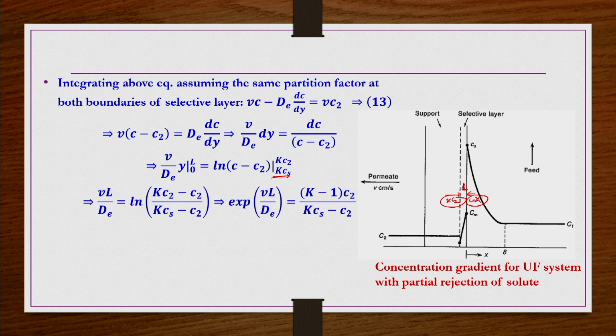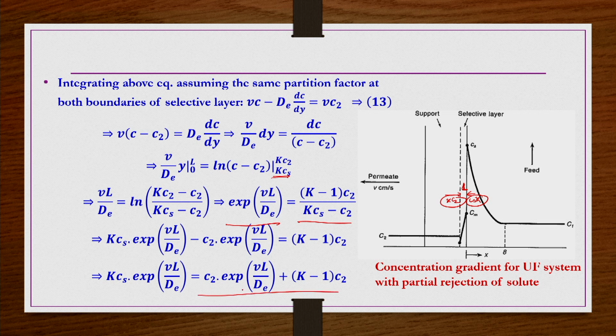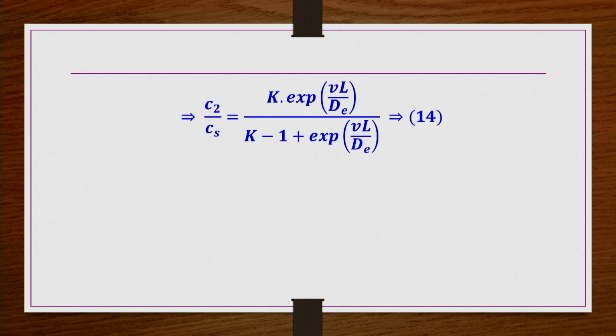So, when we take these limits, then VL by dE equals ln of (K C2 minus C2) divided by (K Cs minus C2). Then you take the exponential. So, here (K minus 1) C2 by (K Cs minus C2). When you rearrange this equation and simplify, you will get K Cs exponential VL by dE minus C2 exponential VL by dE equals (K minus 1) C2. Further, you take all C2 terms to one side: K Cs exponential VL by dE equals C2 exponential VL by dE plus (K minus 1) C2. This equation, if you write in C2 by Cs form,